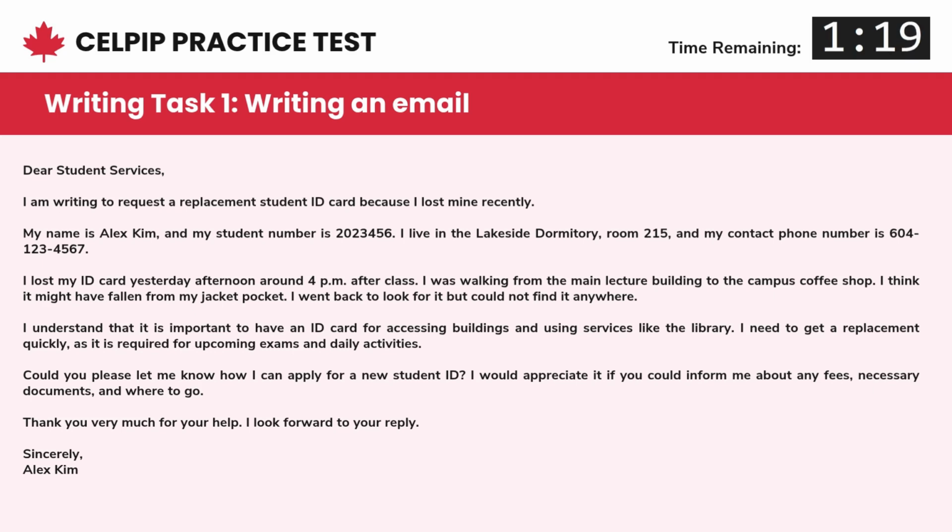This email shows how to clearly request help when losing an important item like a student ID card. Feel free to pause the video if you need more time to read carefully. The answer fully covers the required points. It gives clear personal details, explains exactly how and when the ID card was lost, and politely requests instructions on